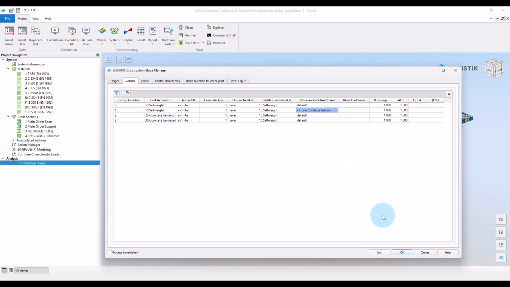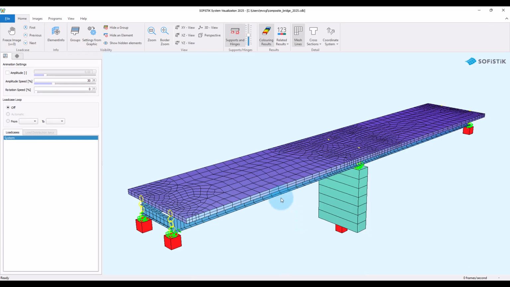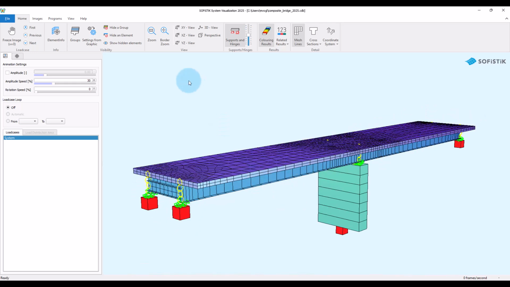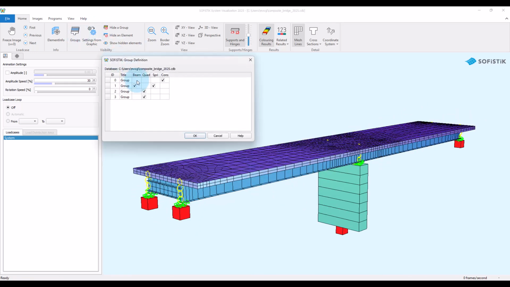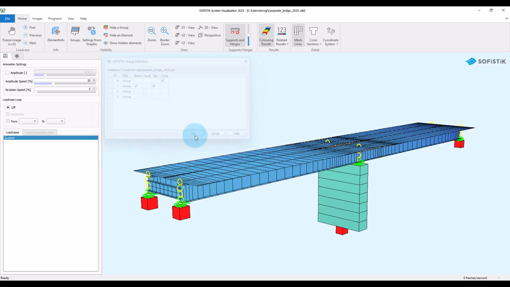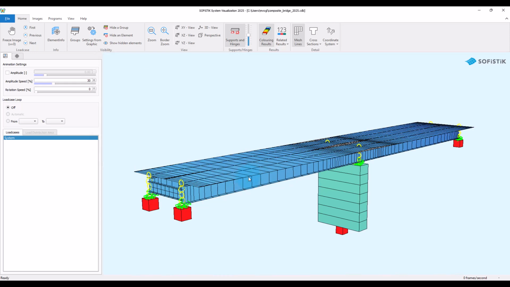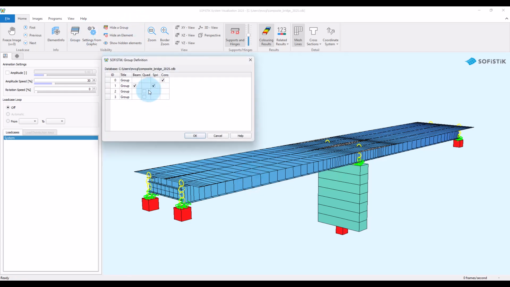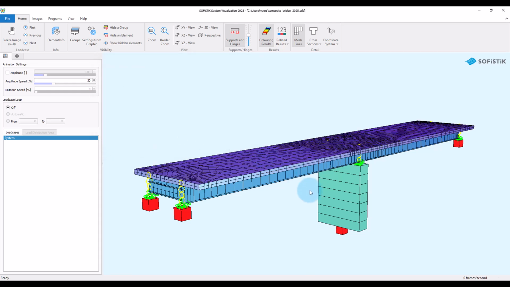Now, as you know from modeling the system, we are activating beam elements which represent the complete composite section, including the concrete slab, and we also have area elements which also represent the concrete slab. Now you might already wonder if we do not account for the slab twice in our analysis.